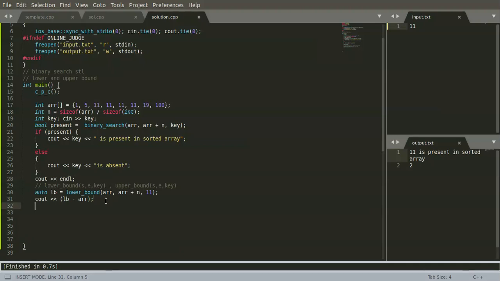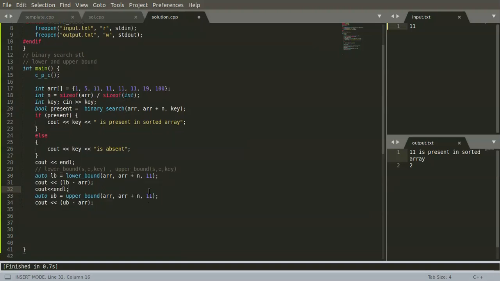Fine. And upper bound will work the same as lower bound, so let's change it to upper bound and take a new line.